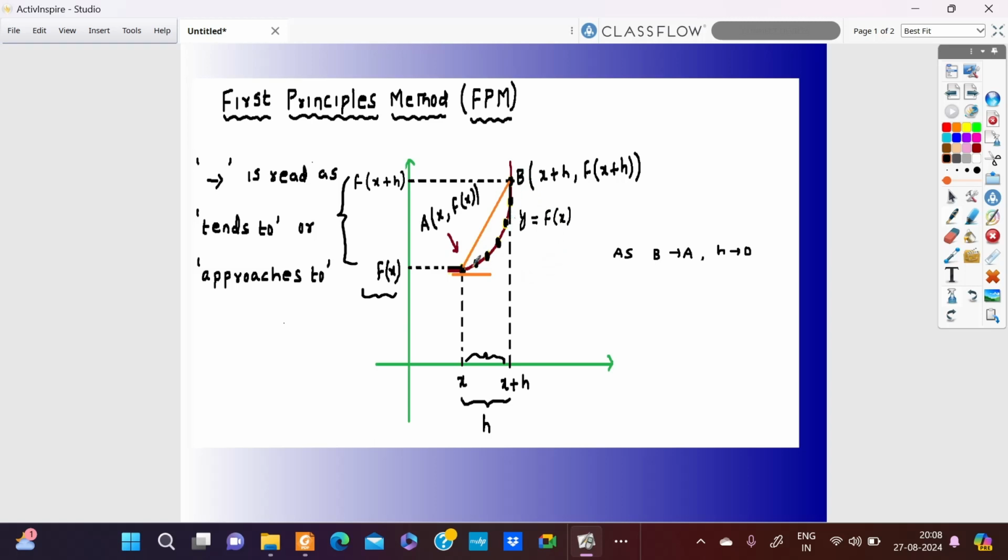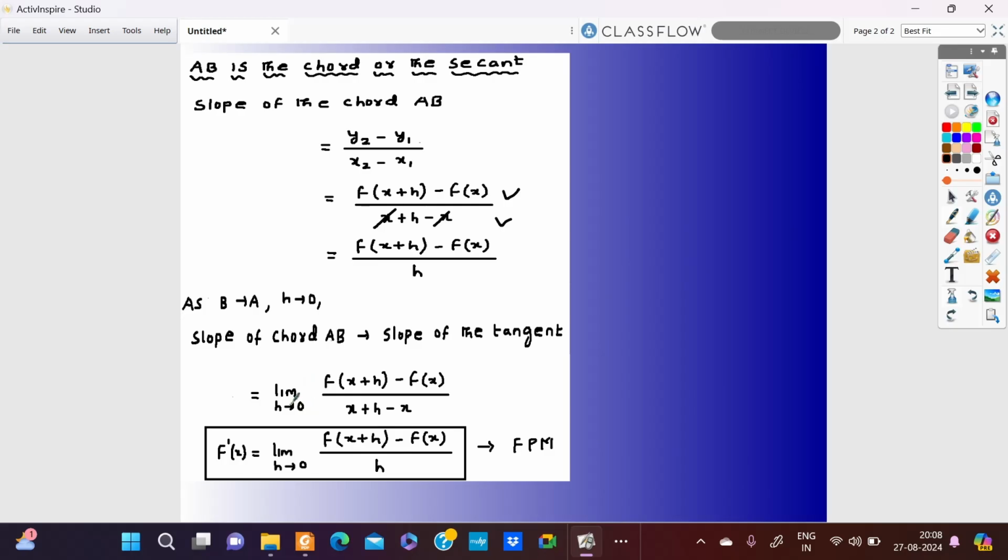As B gets closer to A, h tends to 0, h approaches 0, therefore B and A are very close, and if you draw a line, it looks like a tangent connecting both points A and B. Alright, so the difference between the slope of a chord and the slope of the tangent is going to be the limiting process as h tends to 0. So f of x plus h minus f of x divided by h is basically the slope of the chord AB, and with the limiting process